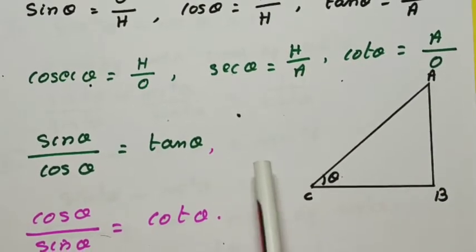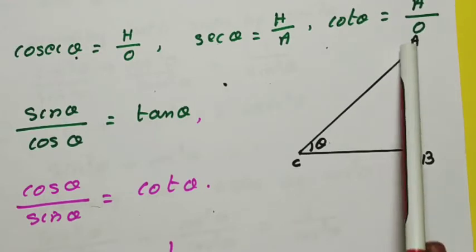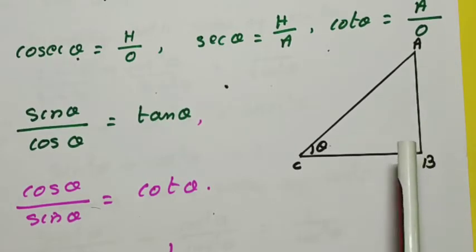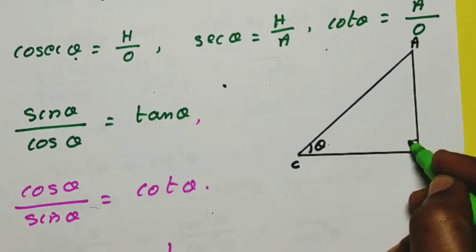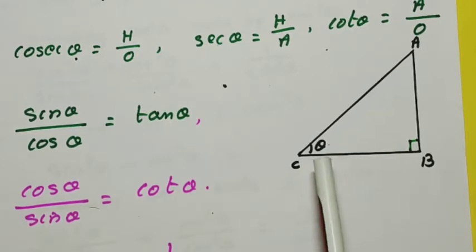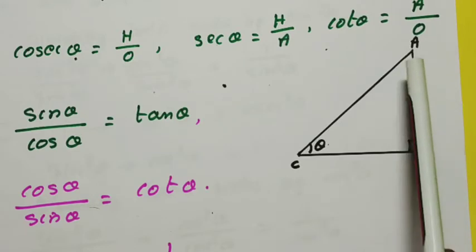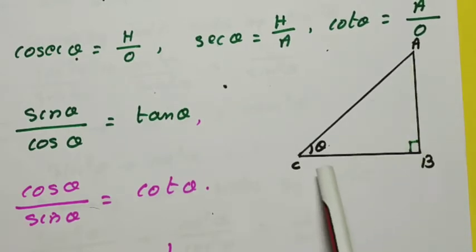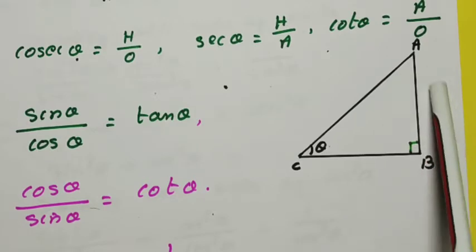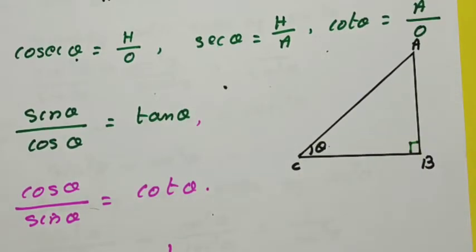What is the other ratio? Now let us draw. This figure can be in this way also, isn't it? That is not only one. So if you draw the figure this way, triangle ABC in which angle B is equal to 90 degrees, then we know that theta is the angle given, which is angle C. So the opposite side of this angle is AB and this is the adjacent side. This is the opposite side. Therefore, we can write all the trigonometrical ratios of this also, right?